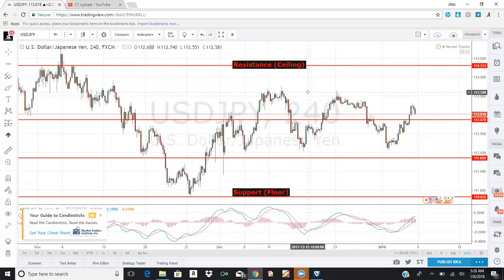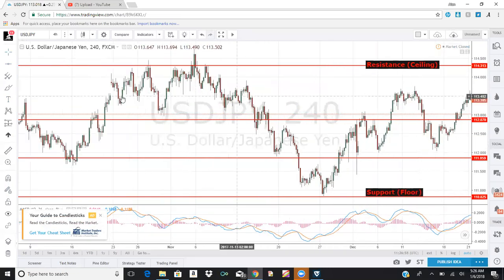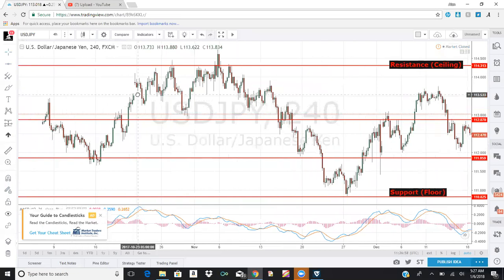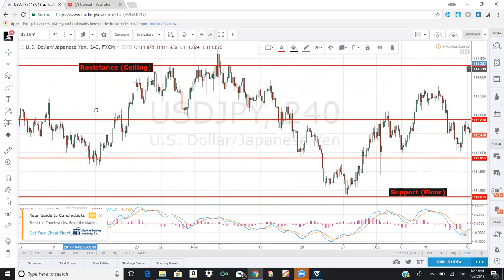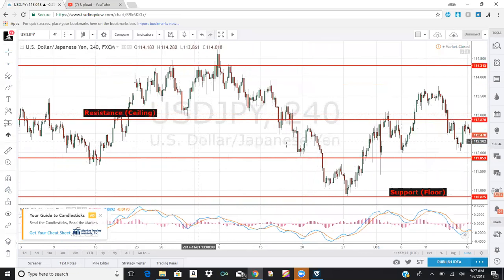Okay. So basically what this means is that the market, if we look here, I'll scroll back a little. As you guys can see, support, resistance. Support can become resistance, and resistance can become support. And I'm going to break that down and show you exactly what I mean. At the moment, this is our resistance, this was also resistance, right? Now, why do we say that? Because let me grab